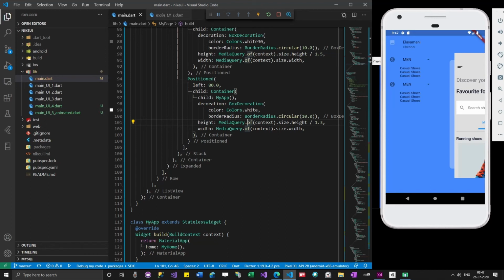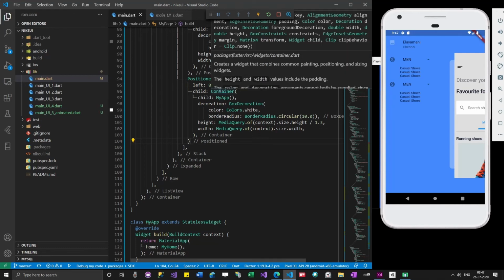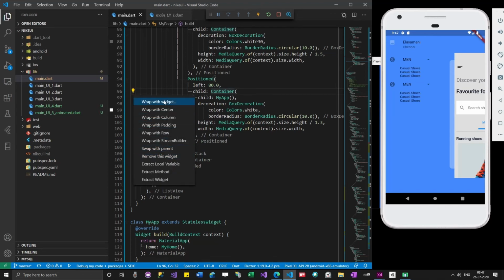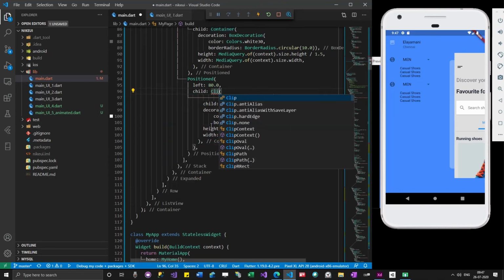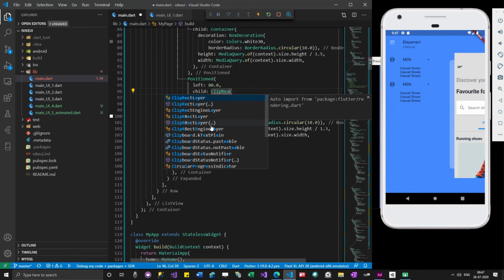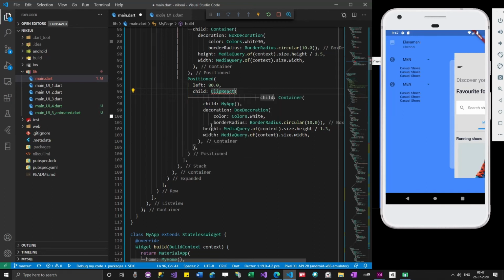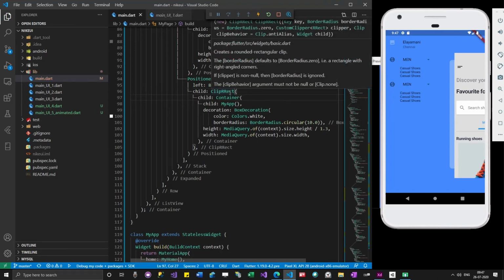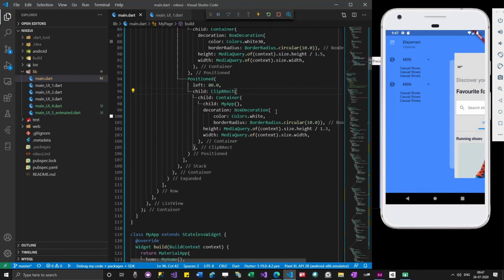In order to fix that, I could use something called ClipRRect. It is also a widget. Let me wrap this content inside a ClipRRect, and then I can give it a border radius.